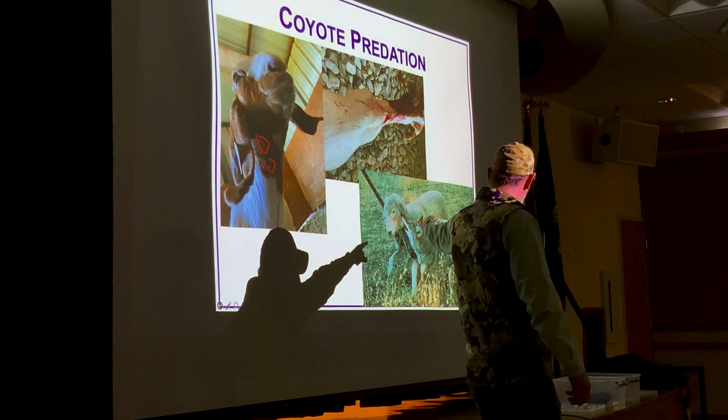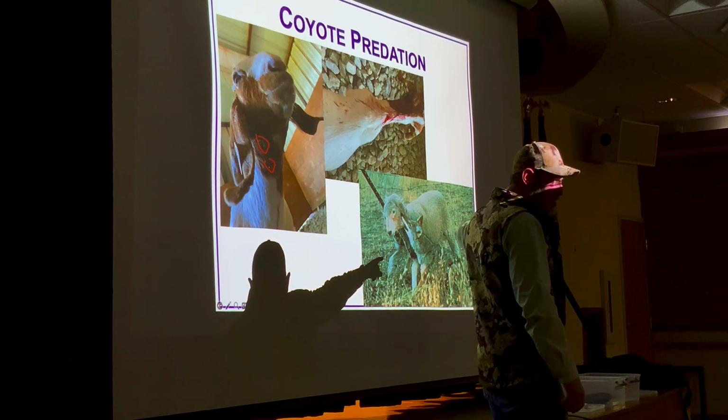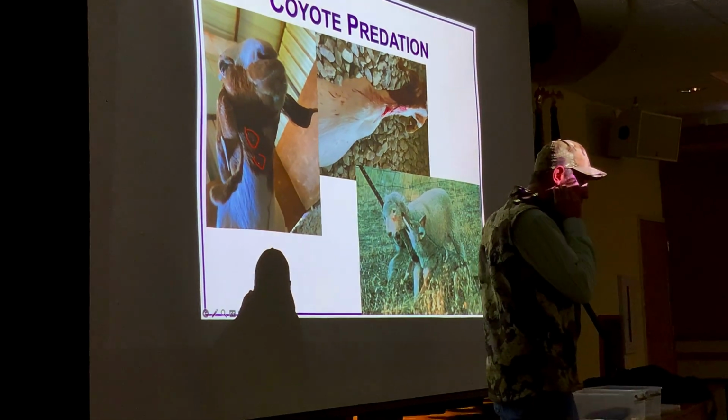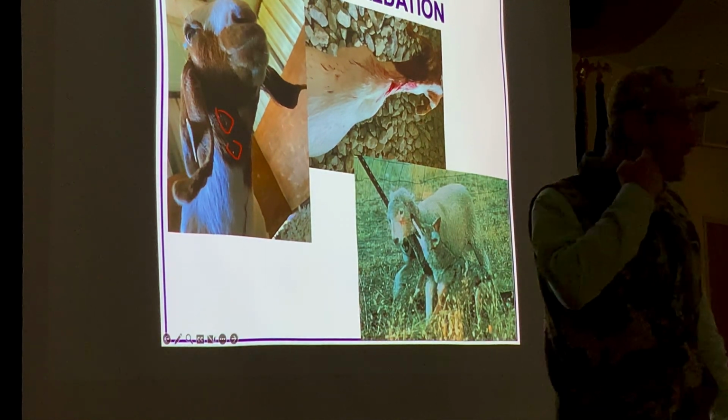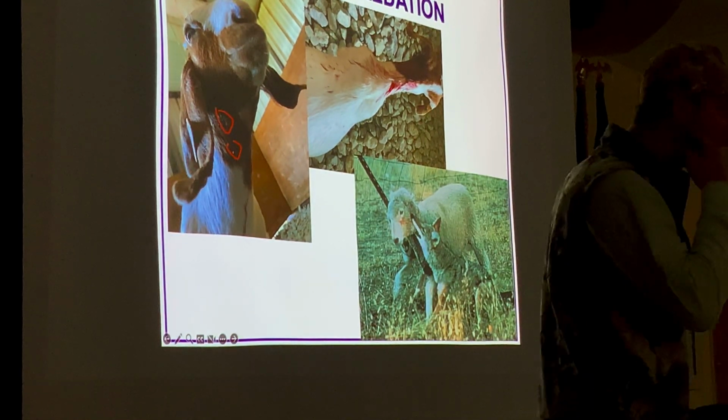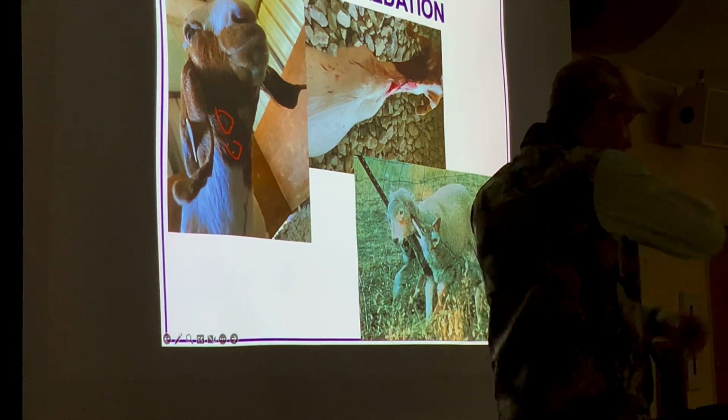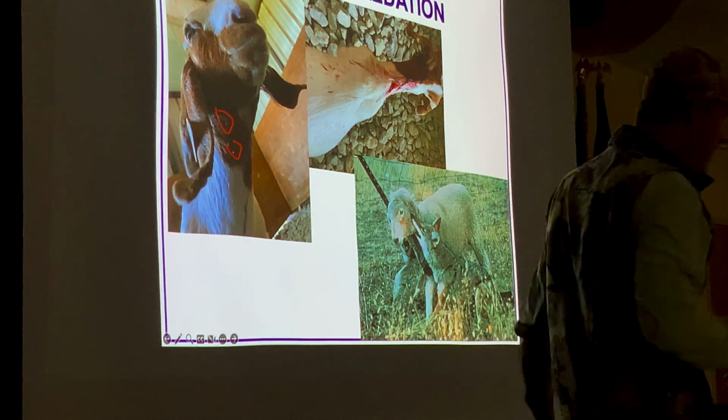This is a very common way that coyotes will grab a hold of sheep. They like to get a hold of that jaw. Sometimes you'll even see puncture marks in that side of that mandible from where they've gotten a hold of them. They get a hold of them by the jaw, they'll also grab them by the shoulder, get them down.